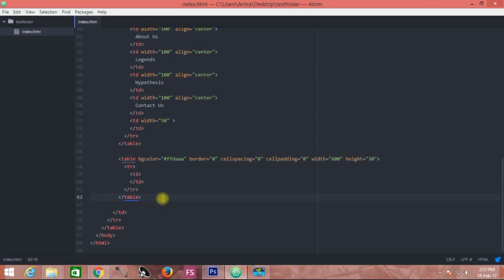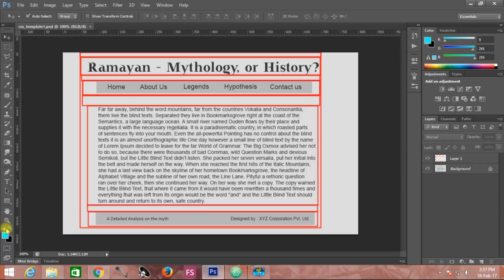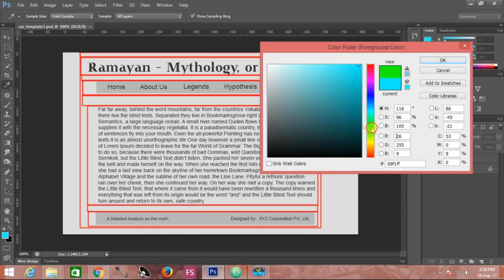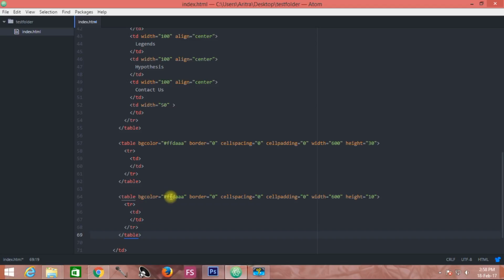So again, what I am doing here is creating another table. This time I am providing another BG color over here. Come back to here. Press Ctrl C. Now change this BG color.